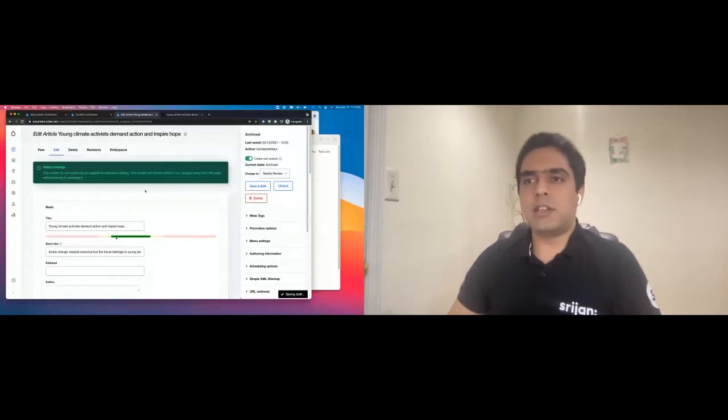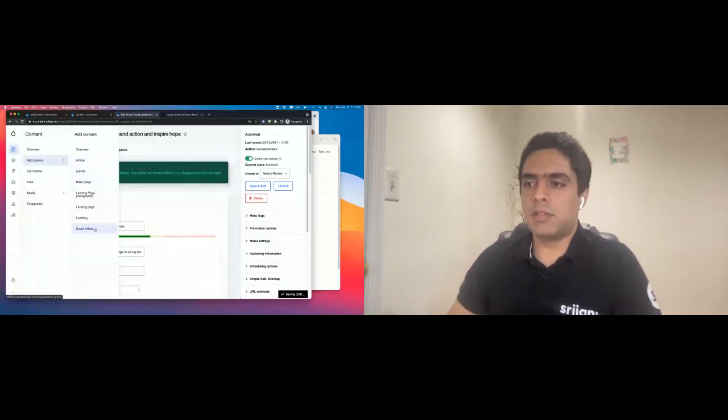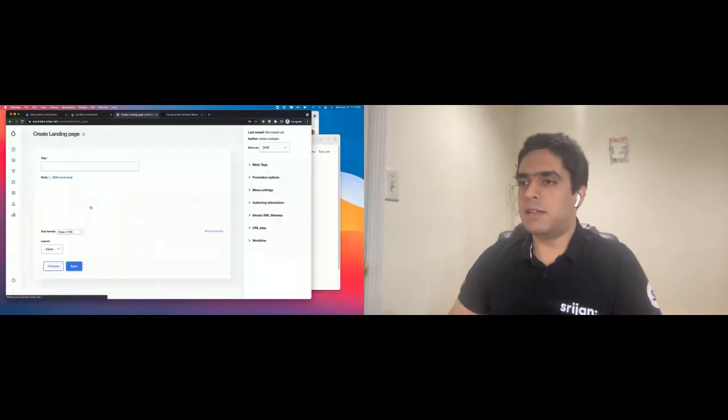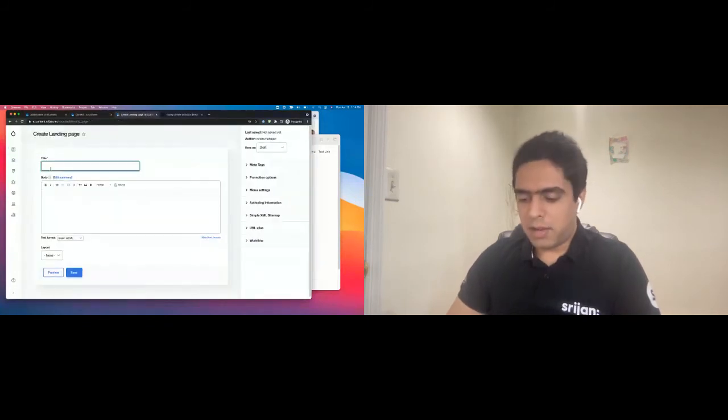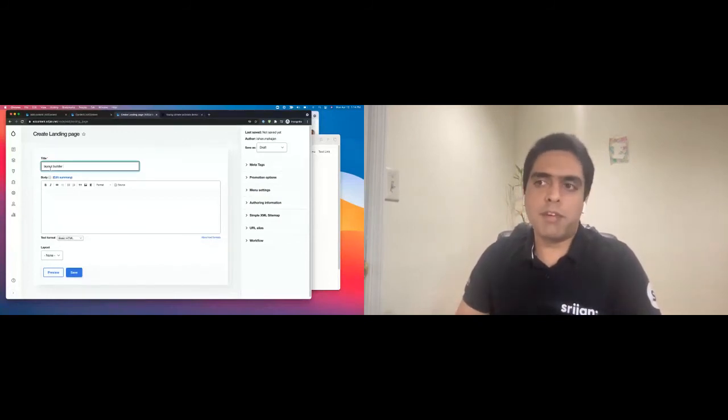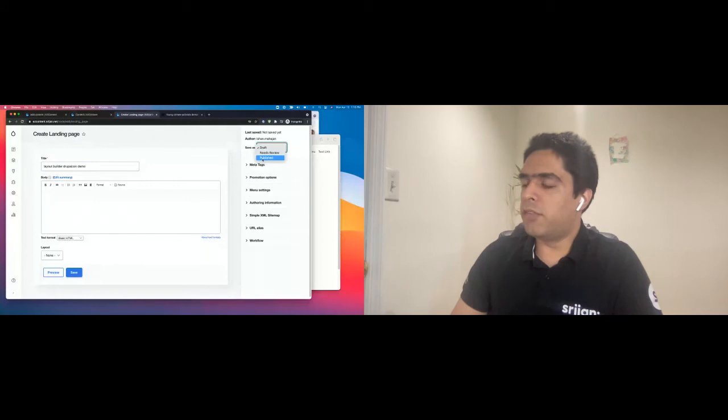But another very exciting feature is the layout builder, right? As I mentioned, that's something that has been put into Drupal core after so many years of hard work. So we want to make sure we are able to leverage that in decoupled implementations as well. So I have a content type called landing page. It's a very simple landing content type with basic metadata fields. And in this demo, I'll also do a few things that give you an idea of other things as well when it comes to decoupled implementation.